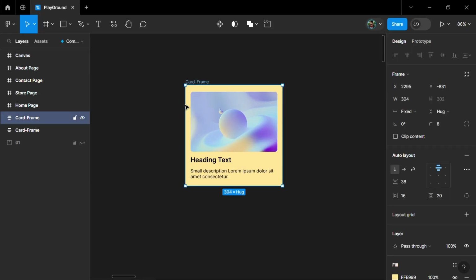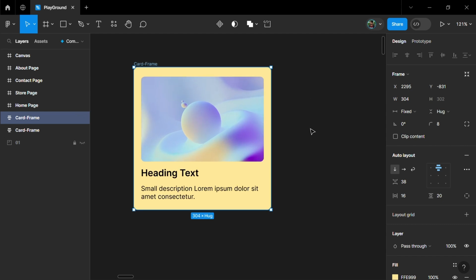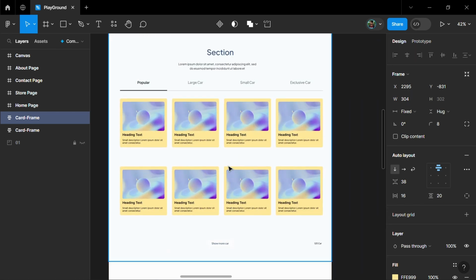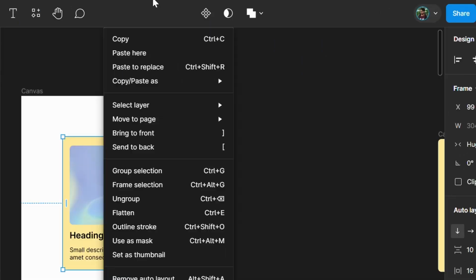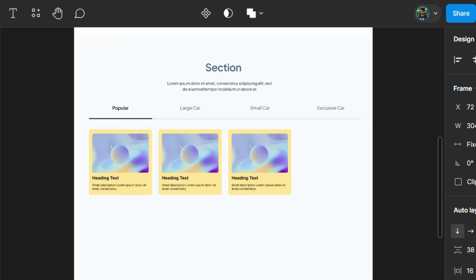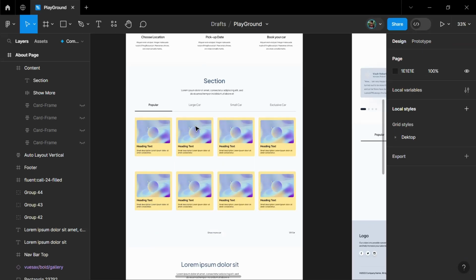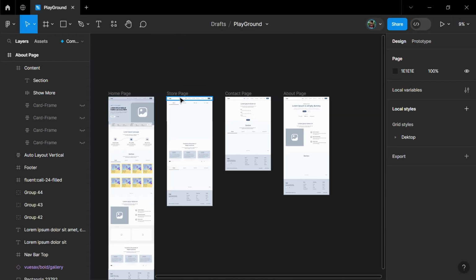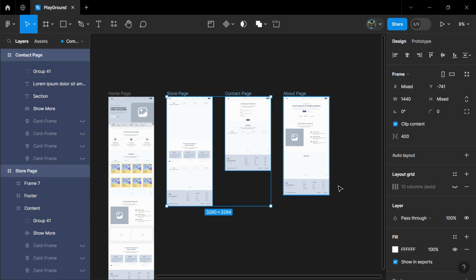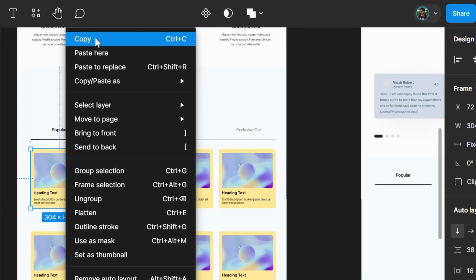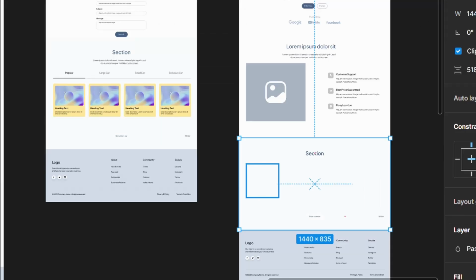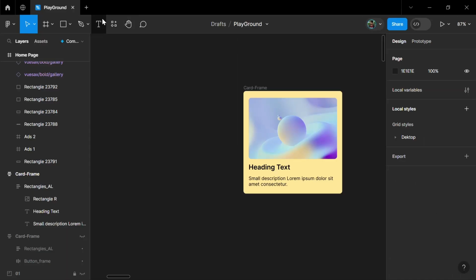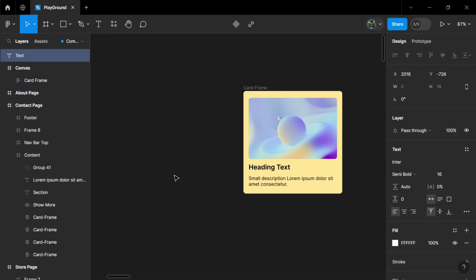faster and better. Let's take an example that you have created this beautiful UI card for a section on the home page of your website. You created the card using auto layout and then placed its copies in the section on your home page. The website has multiple pages and on the other pages you want a similar UI card. So you just copy the card from your home page and paste it in the other pages and think the design is done. Let's say there is a requirement to add a button in this UI card.